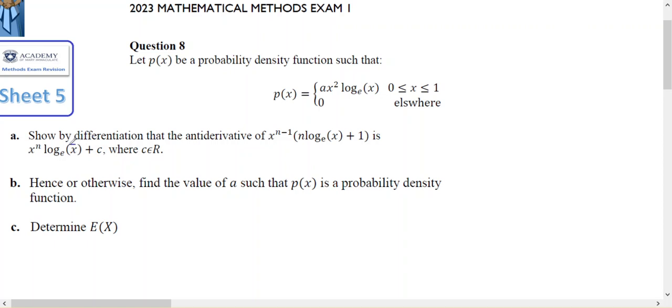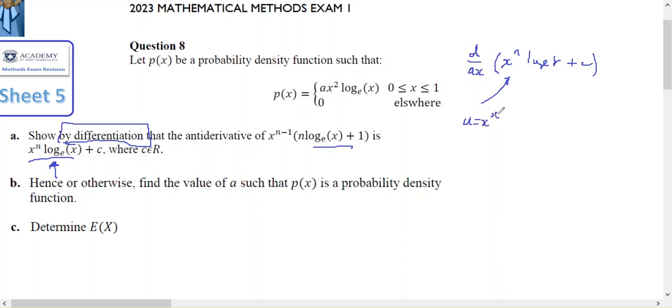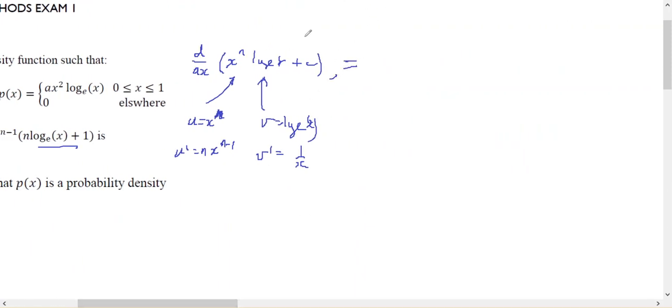So show by differentiation. So I need to take the derivative. They're even telling me what to do: that an antiderivative of this is this, therefore the derivative of this bit must be that. So I need to do d/dx of x^n log_e(x) + c, and I can see a product rule. u equals x^n, u' equals n x^(n-1), and v equals log_e(x), which means v' equals 1 on x. And to do my cross multiply, it's going to be this times this, so x^n times 1 on x plus n x^(n-1) times log_e(x)